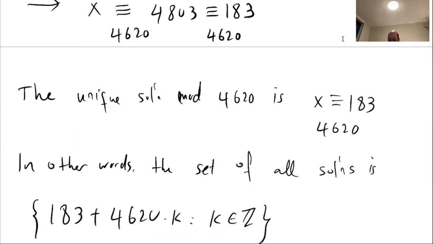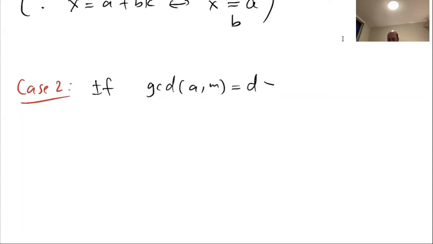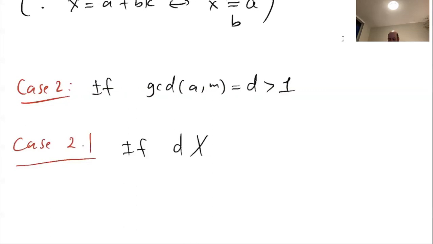Now, case 2, if GCD of A and M, let's say equals D, is bigger than 1. Now, how can we solve the congruence in this case? Again, I'm going to divide this case into two sub cases. So case 2.1, if D does not divide B,